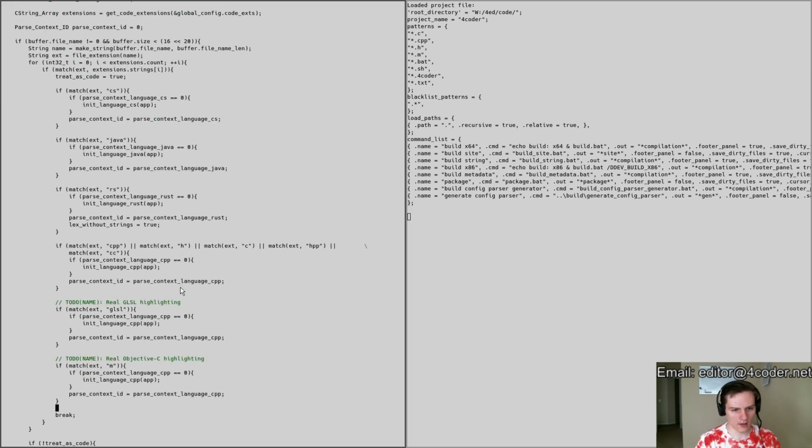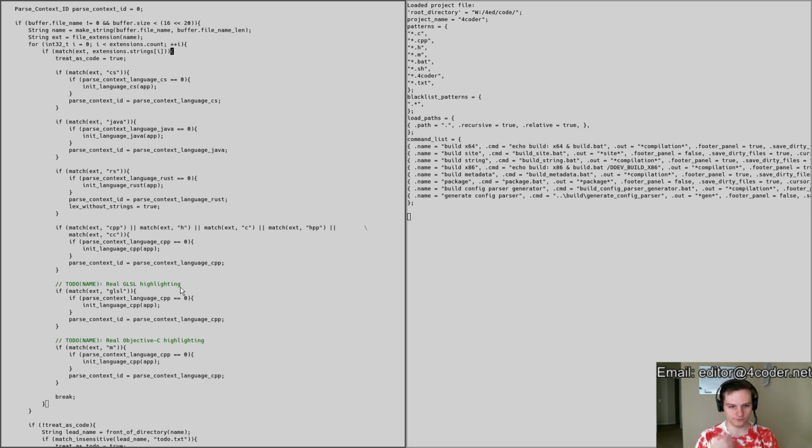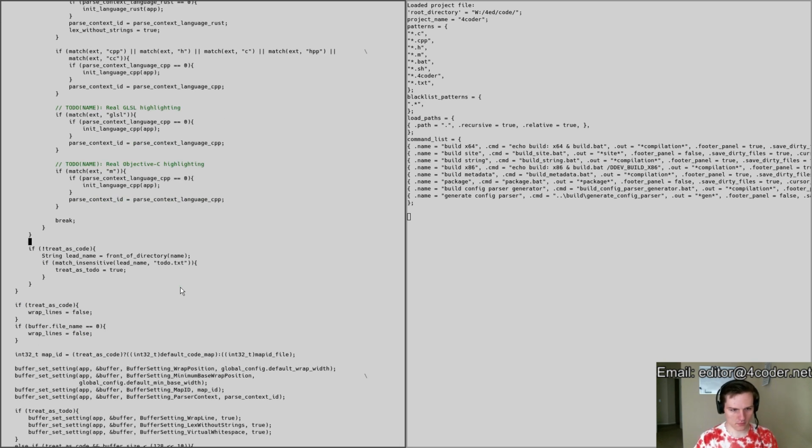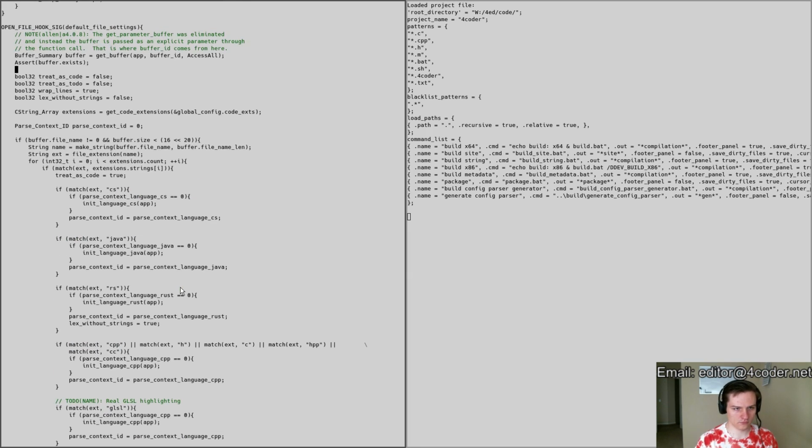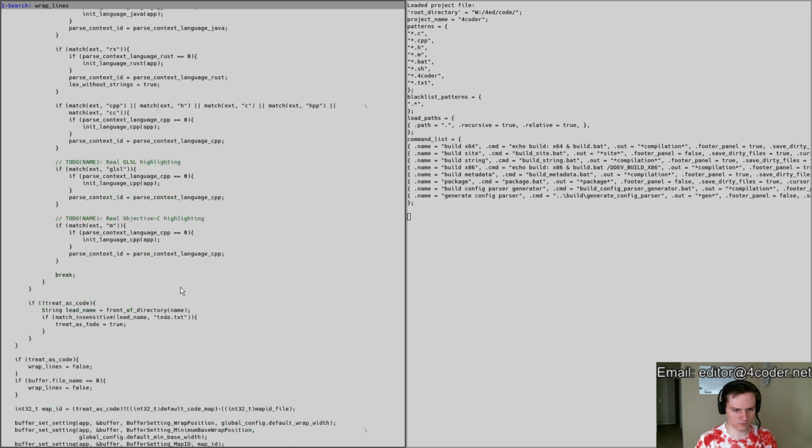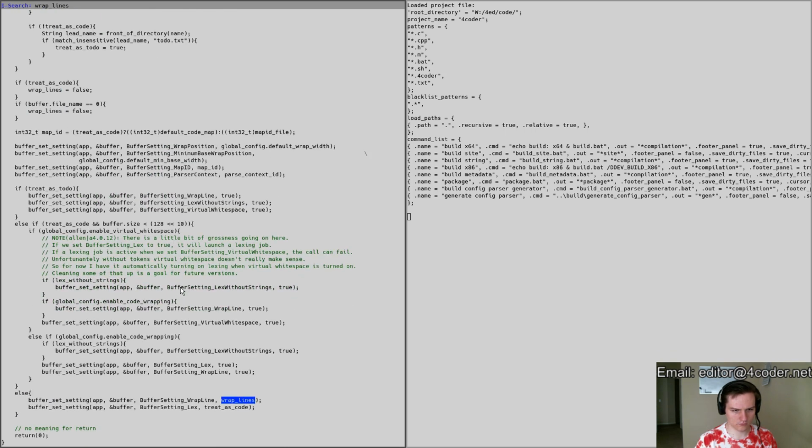Okay, so, alright, I'm not entirely sure I understand what the issue is supposed to be here. If treat as to do, if treat as code,